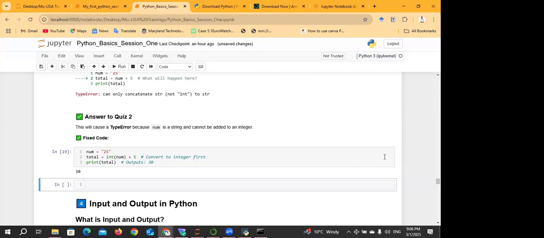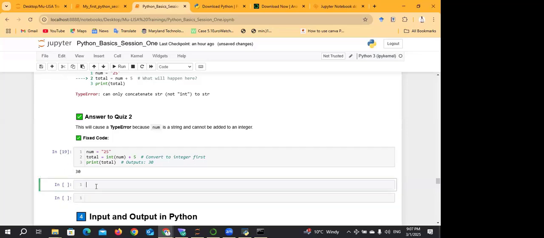My question is, in Python, can we multiply a string with an integer? Can you do a multiplication of a string? Yes, you can do that, but it depends on how you put it. Let's do this so we can see what I'm trying to say. For example, let's take